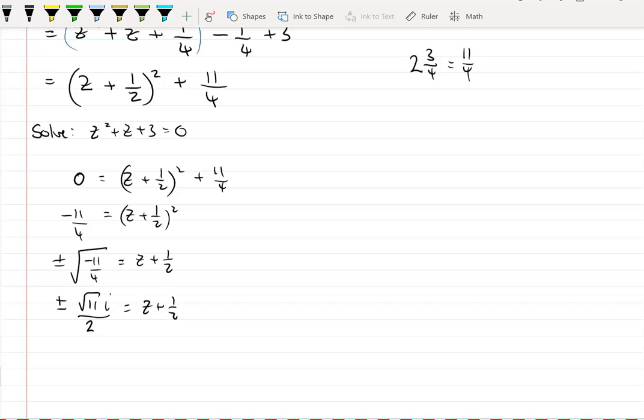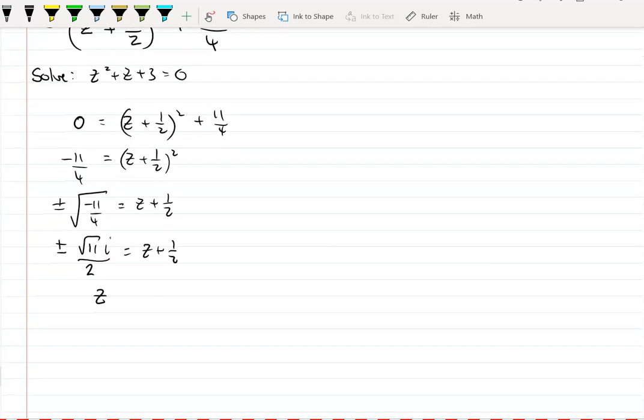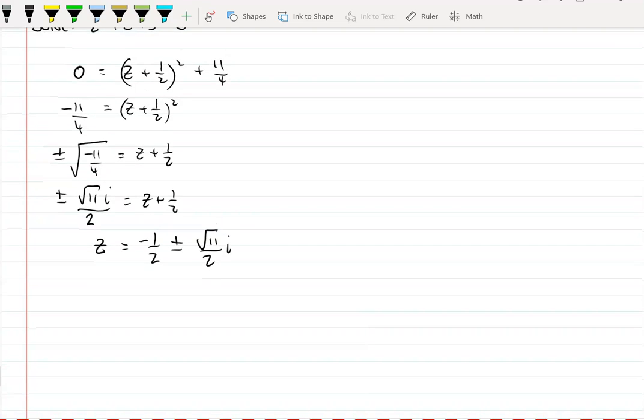And so therefore, to rearrange that, I'm just going to swap the sides. So the positive a half moving to the other side of the equation will become negative a half plus or minus square root of 11 on 2i. And there's my roots. There's 2 roots there,